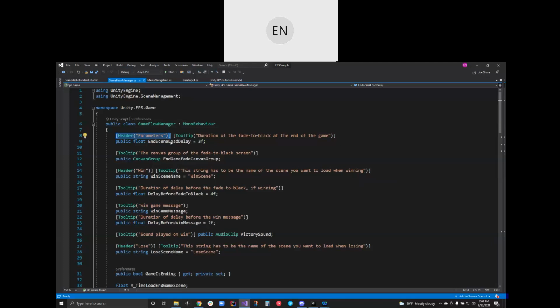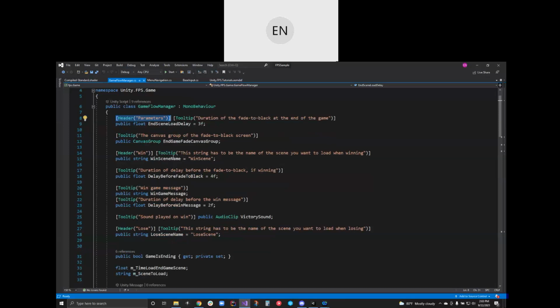In either case, all these properties or fields are used later on. They're just variables. It's just they're exposed. It's super easy to tweak these in the inspector for playtesting so that you don't have to go back in your code and keep changing stuff and saving it in Visual Studio and going back to Unity and playtesting.